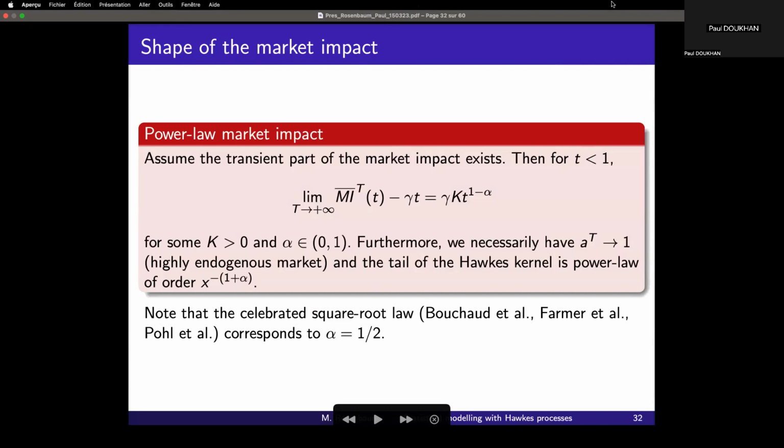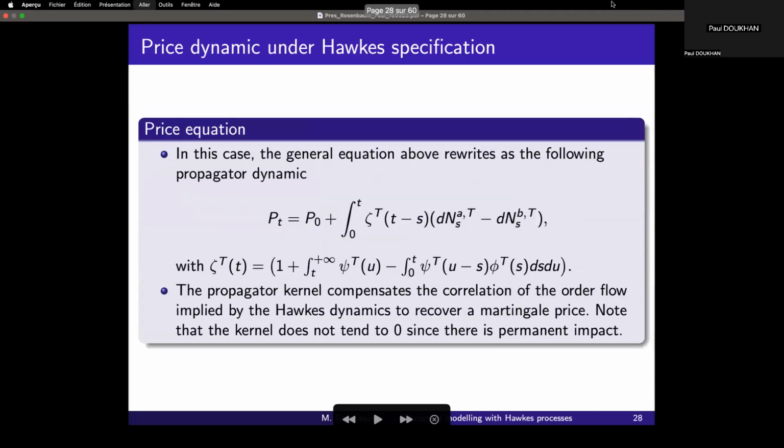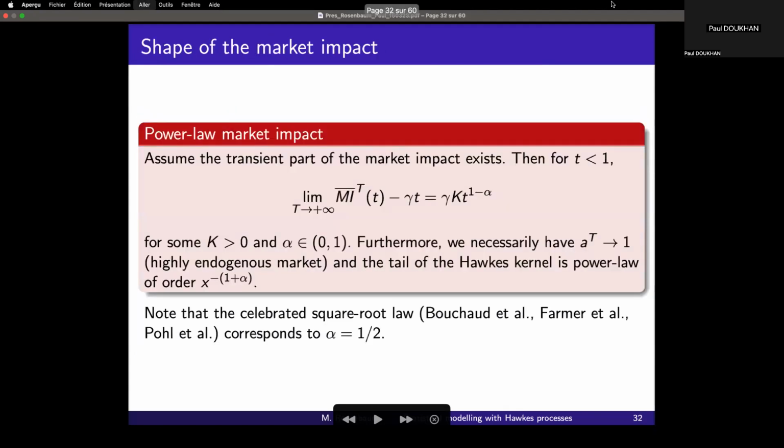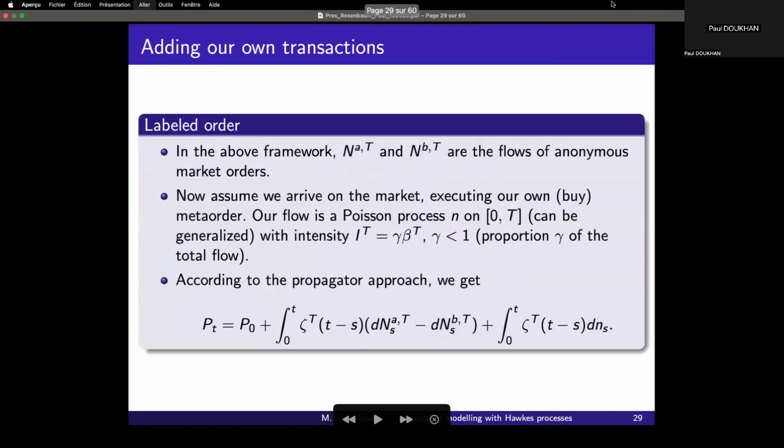Okay, so now I'm coming back to my Hawkes process, to my model. I'm going to take this price model, but now I have a constraint. I come back to your question: I know that the tail of the Hawkes process that is generating this has to be decaying like 1 divided by x to the power 1 plus alpha. I have no choice. If I believe in market impact, it has to decay this way. And I know that alpha is around 0.5, because when I measure the impact curve, it's around 0.5. So I do that, and now that I have this price model,